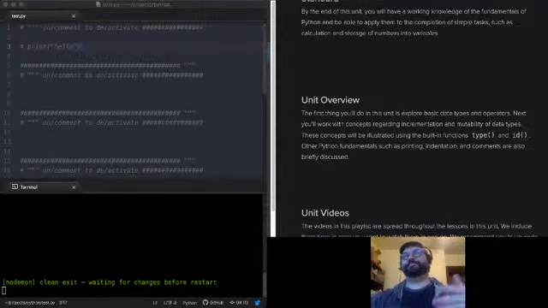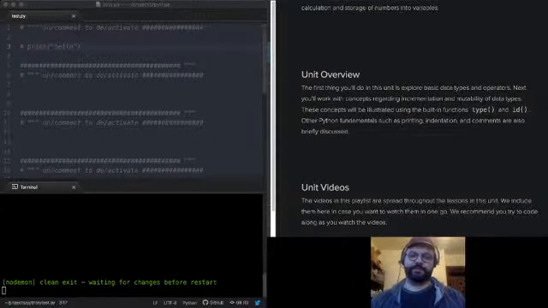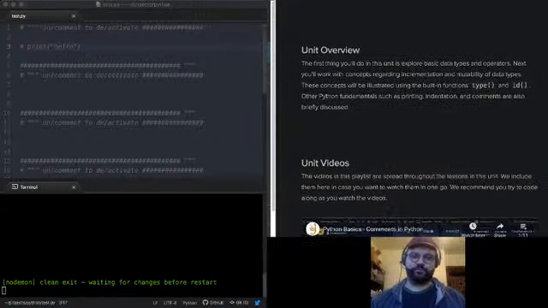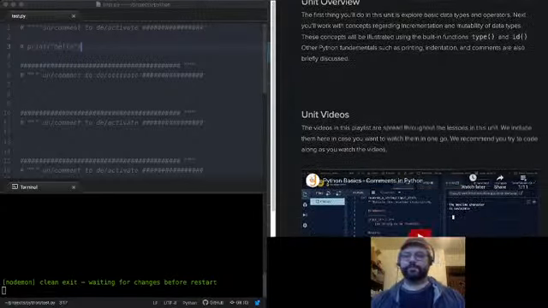So if I add 10 plus 20, I'm going to save the result, which is going to be 30. I can save that into a variable and use that later. Obviously, that's useful for more complicated things than a simple problem like that, but we'll get into that. The first thing you want to do in this unit is explore basic data types.